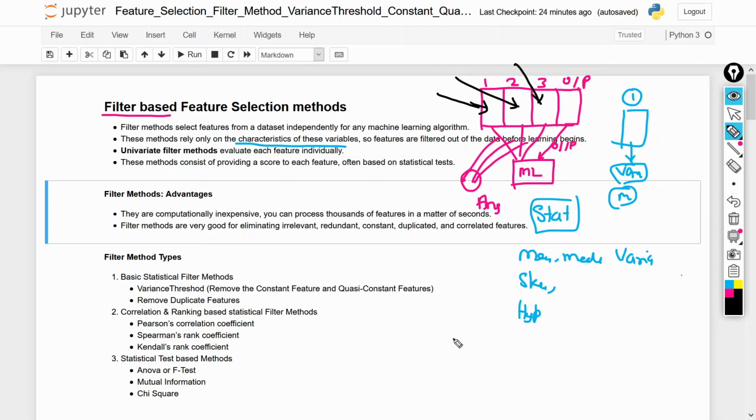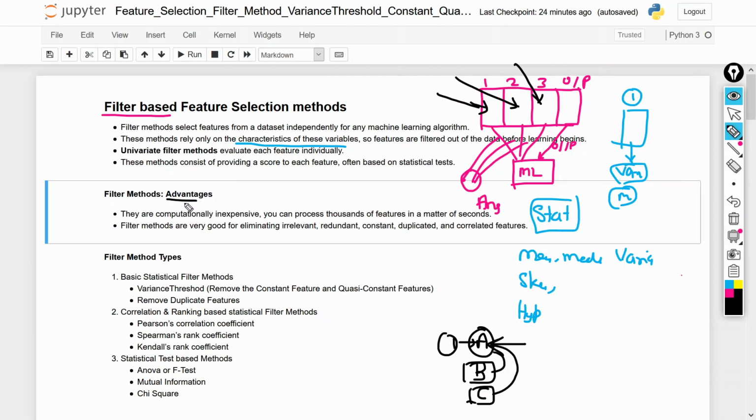There are 3 features we have, and we will perform analysis only on A. We will not make any relationship between A and B or A and C, right? We perform analysis individually on each feature, and on that basis we filter our data. So that is called your filter based feature selection method.